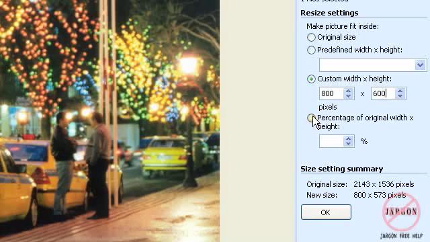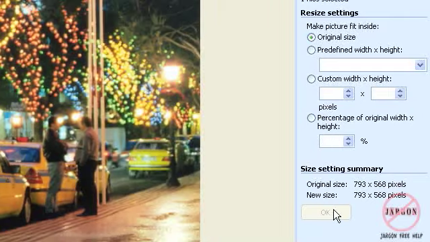So another way you could do that is by choosing the percentage, and you can change the size of it here by just typing in a number or moving that down, and you'll see that if I make it 50%, down here it's telling me the new size. If I keep going, I might find one that's close to 800 anyway, and that's keeping the aspect ratio the same, so the width and the height stay in proportion, otherwise they change, and as I said, it could make it look stretched. Once that's done, I just need to click on OK,